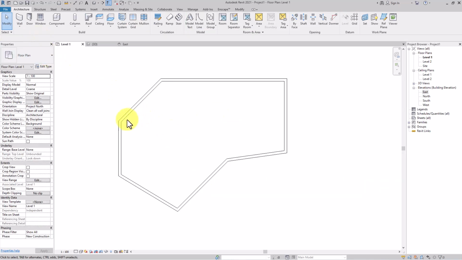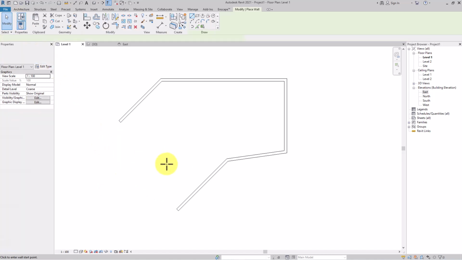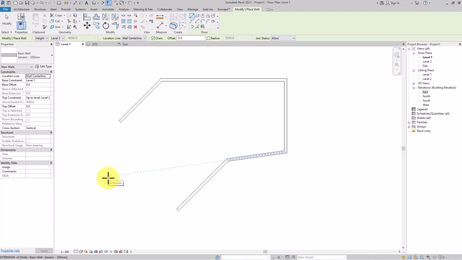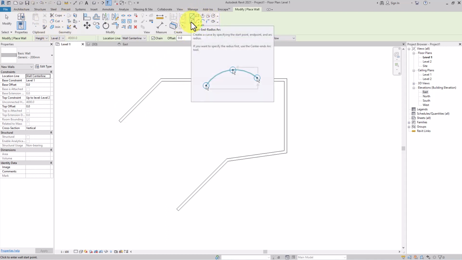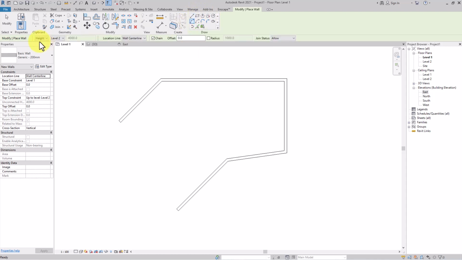So if you have like irregular boundary like this, maybe sometime you may have the arc as well here, right? For example, I will just delete these walls. I want to create more wall. This time I want to create an arc, because arc is difficult to draw, right? So what I will do, I'm in wall creation mode. So I will go draw, and here I will take that start and arc radius,